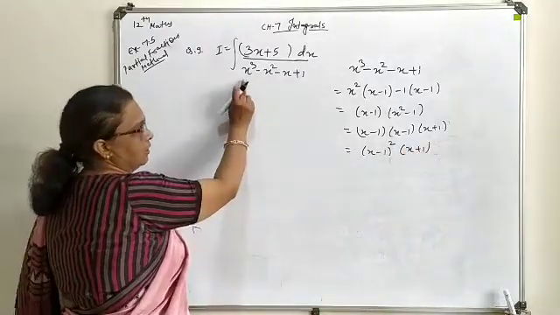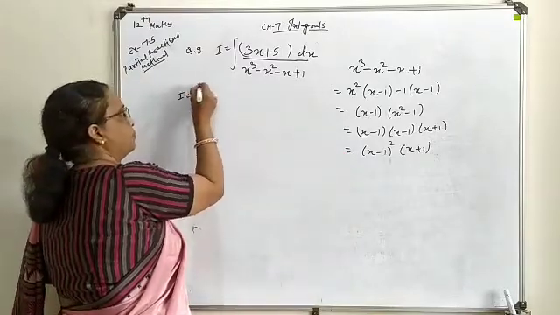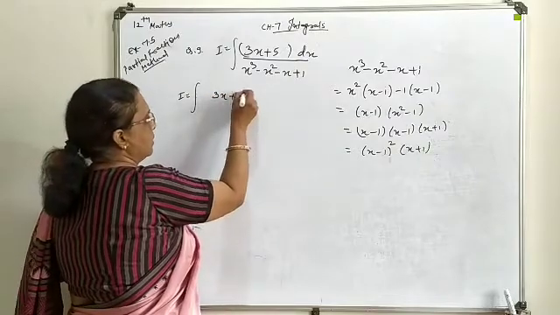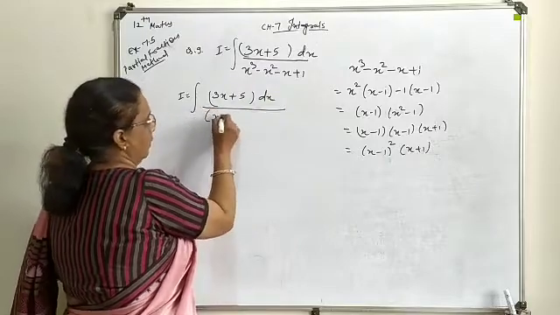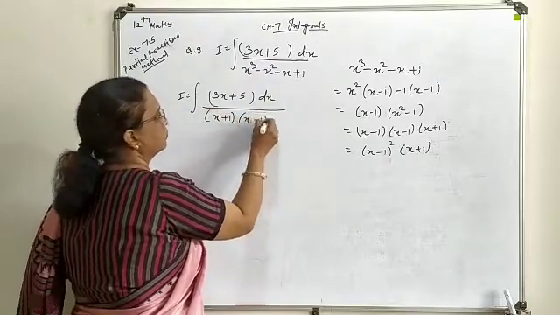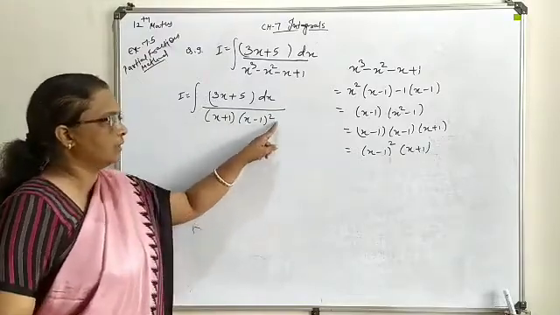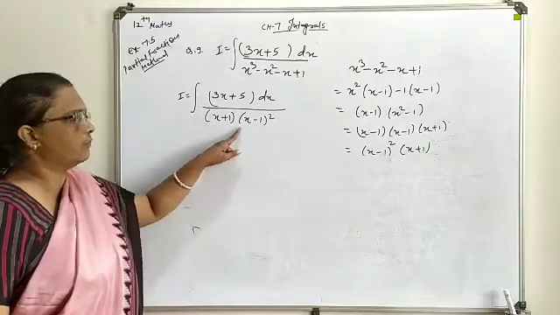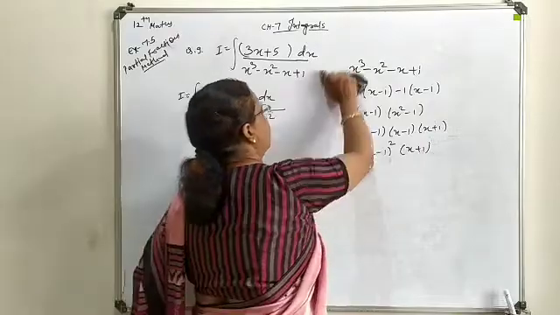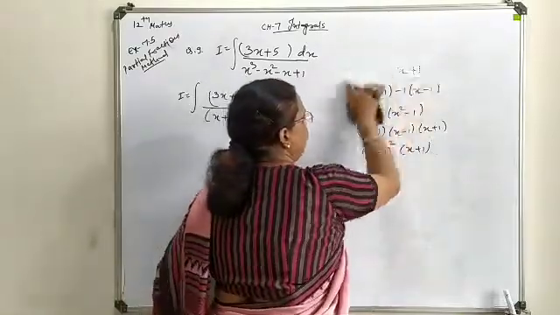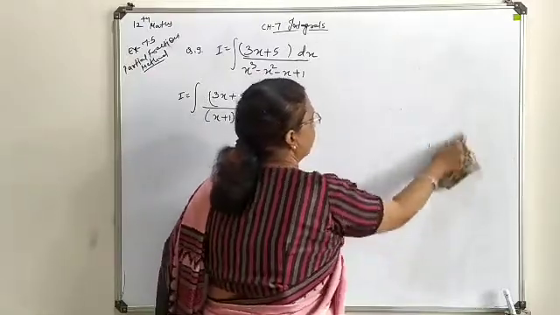Now replace this denominator term by this factor form. So your question will be entirely changed, which can be further processed as a partial fraction form. So now your question is turned into x plus 1 into x minus 1 whole square. Now partial fraction we will use to find out the constant evaluation. So the next step, as we have done in the last lecture also, the same process will be implemented on this derived form.